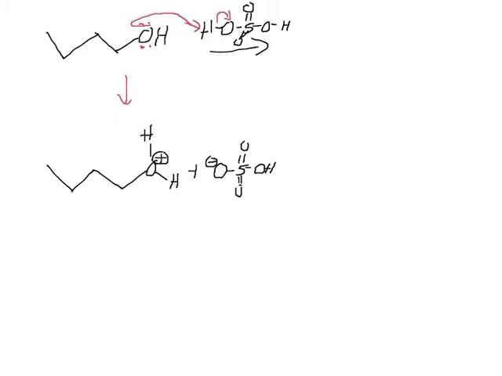Right, so now we've activated the alcohol, but since it was a primary alcohol, we're kind of stuck here. What kind of reactions can we do with the primary alcohol? You can only do E2, right? We can't do E1 because we can never form a primary carbocation. So if we do E2, we've got to look for our beta H's,